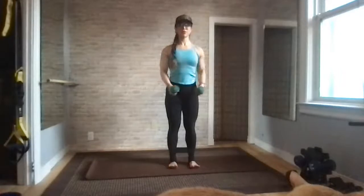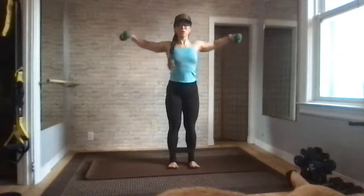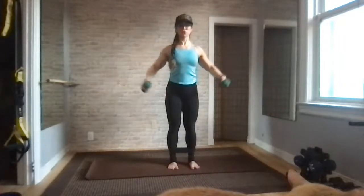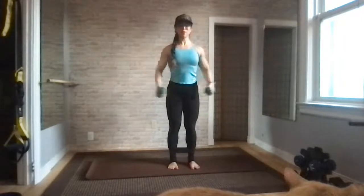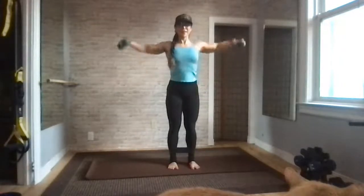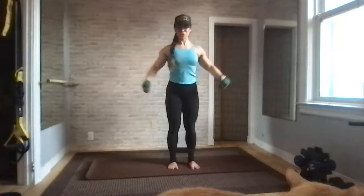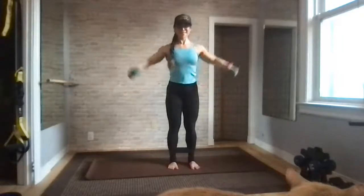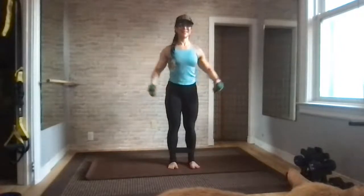Getting into the shoulders. Now, notice, don't tuck your chin. The back of your head in line with the wall behind you. Keep going. We're trying to get those shoulders rounded and shaped. The better your shoulders look, the better your whole body looks. And then it's all about strength as well. The stronger your shoulders, the stronger the whole body as well. Keep going. Last 10, 9, 8,